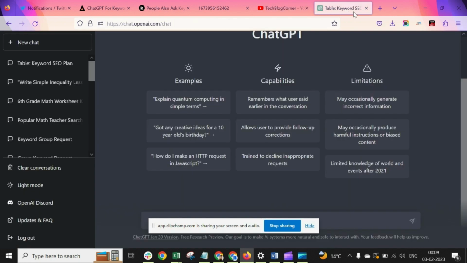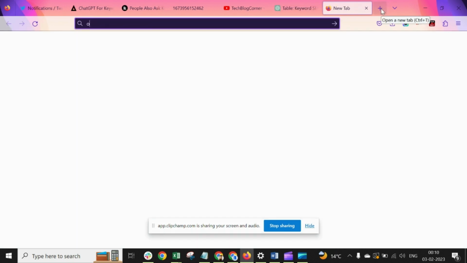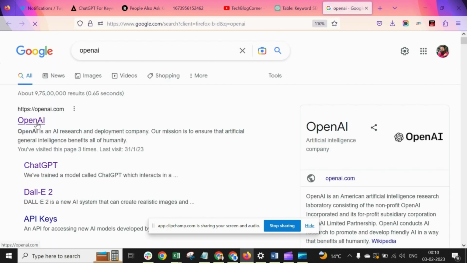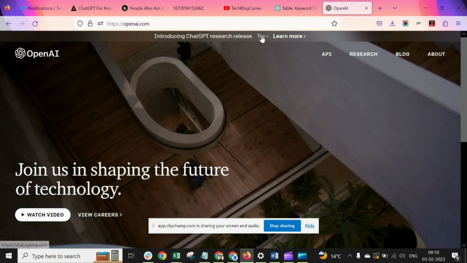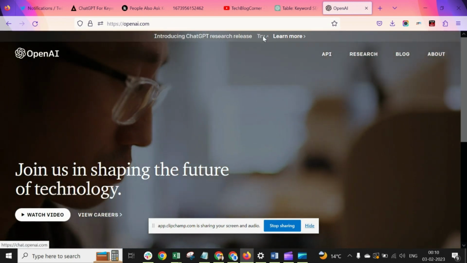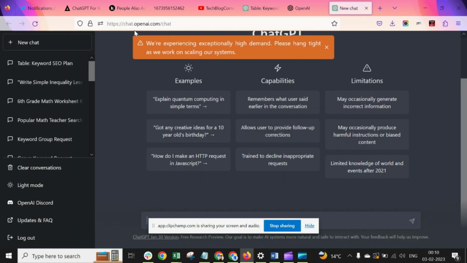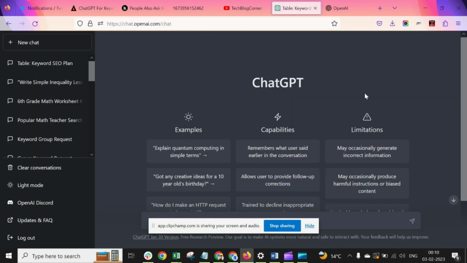So what you have to do is just create an account on openai.com. Let me show you the process here. You just need to search for OpenAI and then click on this first URL, and you will see this link on the top navigation. Just click on try now. Once you land on this screen, you need to sign up, and then you will see this screen. I'm already signed up, that's why I'm seeing this screen in front of you. Okay, so